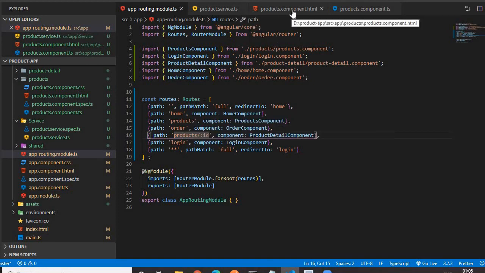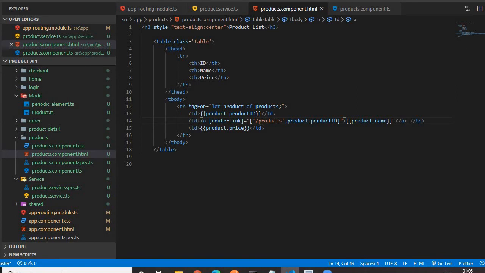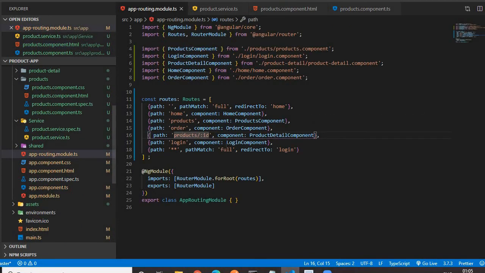So we need to configure the same path. So path should start from the slash, then product, then slash, then this ID parameter. So this contains the ID of the respective product. Okay, it contains 1, 2, 3, 4, 5 on the basis of the respective product, and this ID will be stored in this placeholder ID.